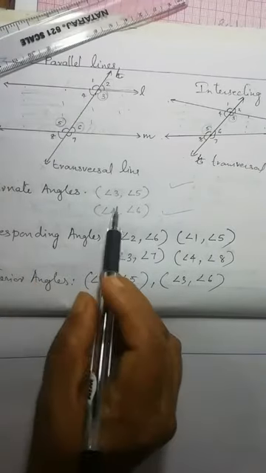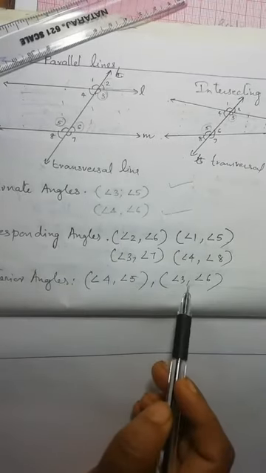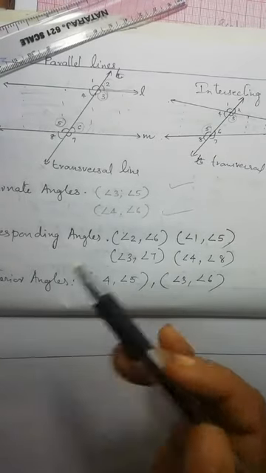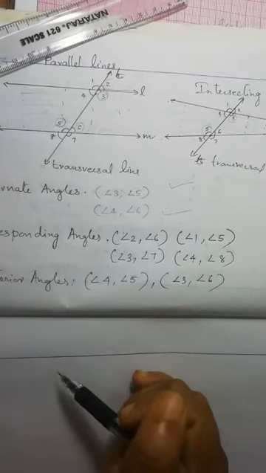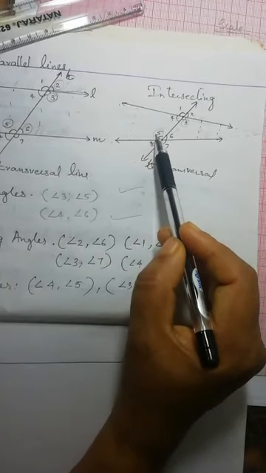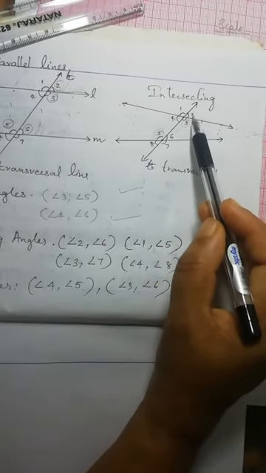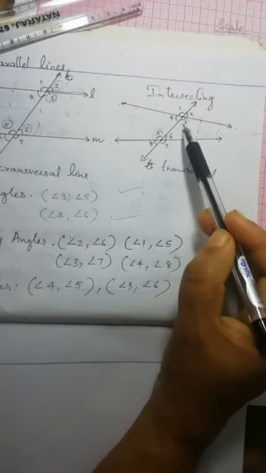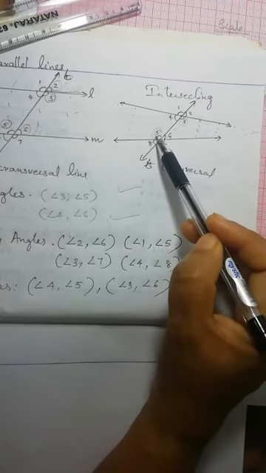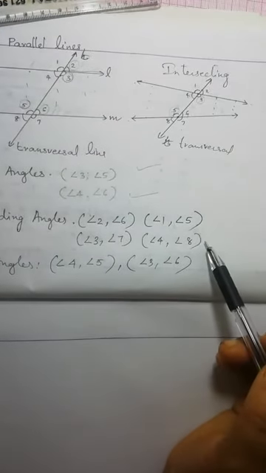So in the case of alternate angles, 2 pairs are coming. In the case of co-interior angles, also 2 pairs. But for corresponding angles, there are 4 pairs, because we are taking above the line and below the line. Same thing here also, intersecting lines. Alternate angles are 3 and 5, 4 and 6. Corresponding angles above the line, 2 and 6 are corresponding angles, 3 and 7 are corresponding, 1 and 5, 4 and 8. These all are the pairs of corresponding angles.